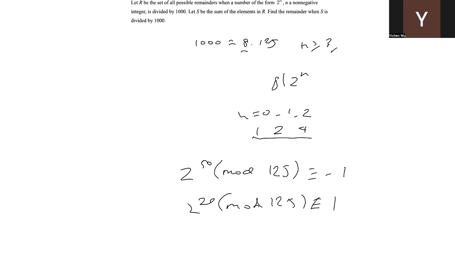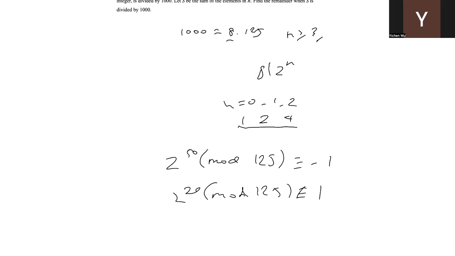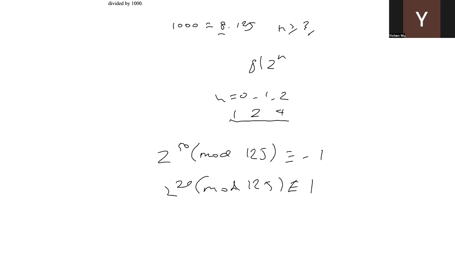So once we know these, this just confirms that the order of two mod 125 is just going to be 100. So this means that if we just consider